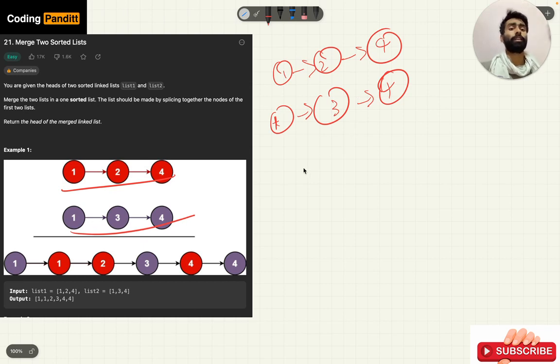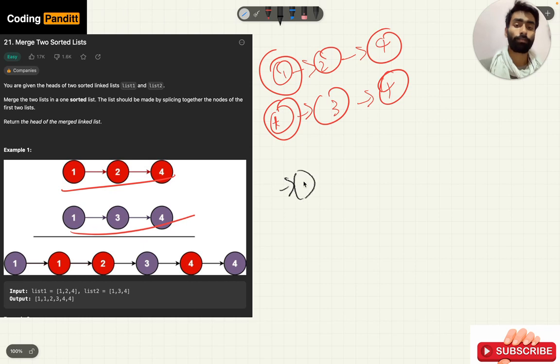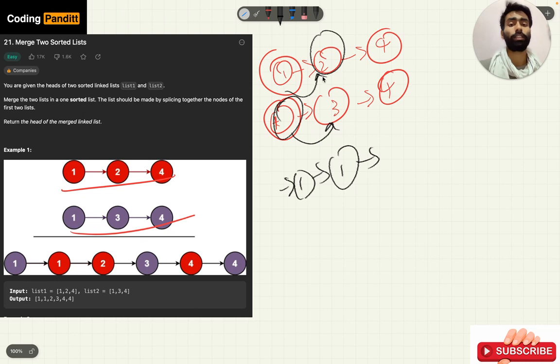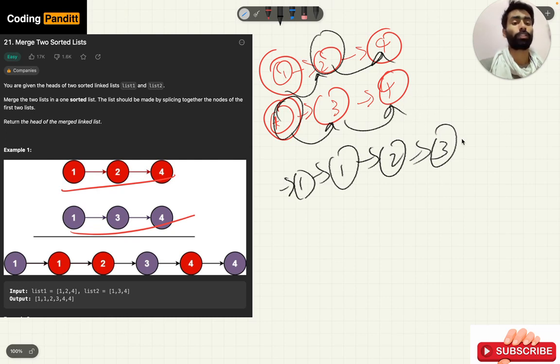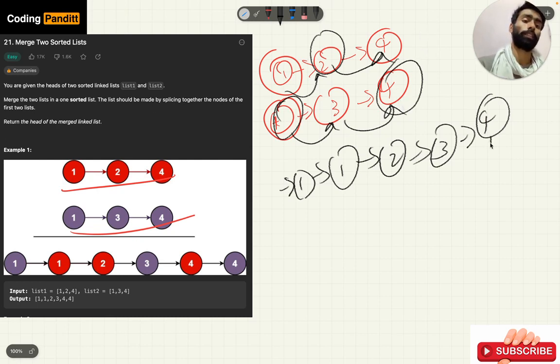So how will we get the answer? First we will compare these two with each other. So this will be 1 and the pointer will increment to 2. Again we will compare these two. So again 1 because this is smaller and the pointer will increment to the next, and likewise we will compare these two and we will get 2 and the pointer will increment to 4, and now we will compare these two. So we will get 3, the pointer will increment, and now we will compare these two, 4, and there is no element left to compare with, so it will be the remaining 4 and null.